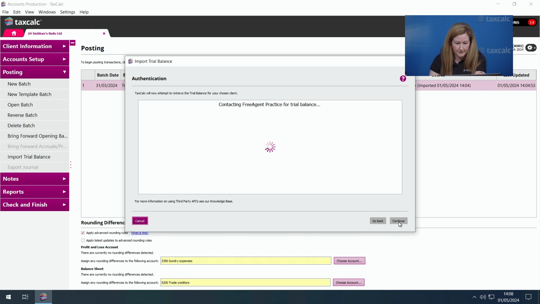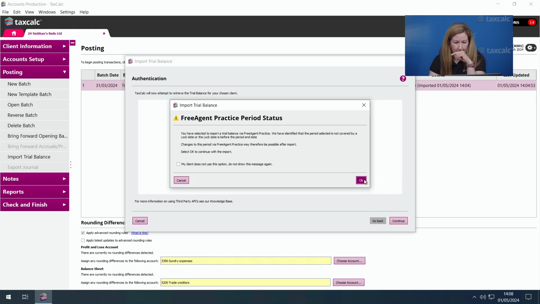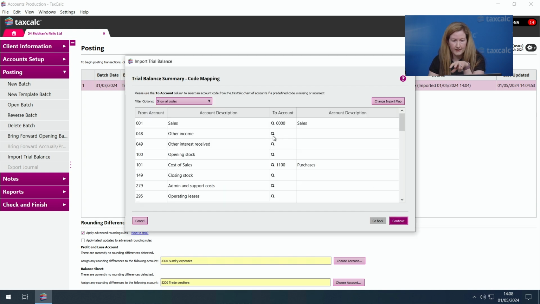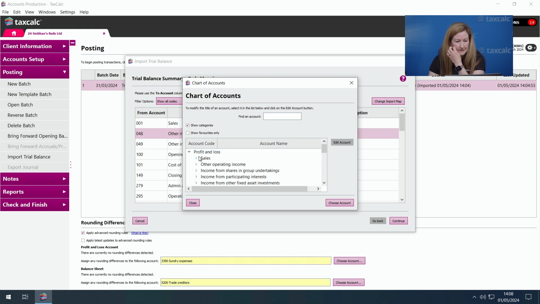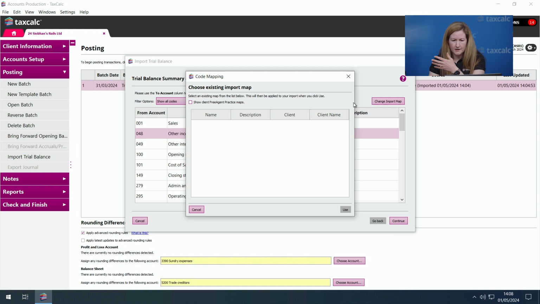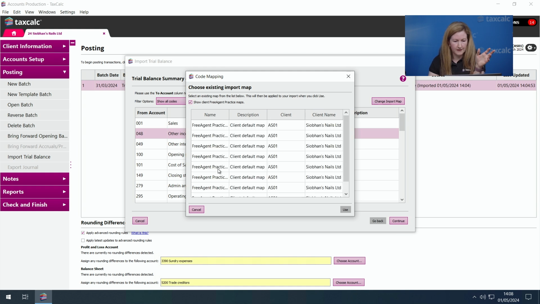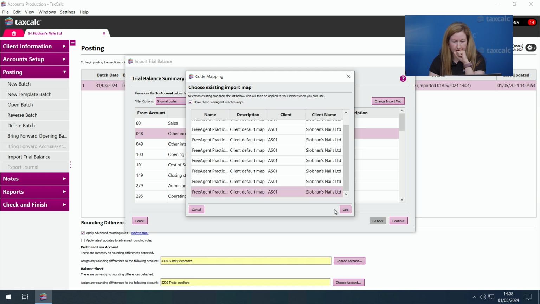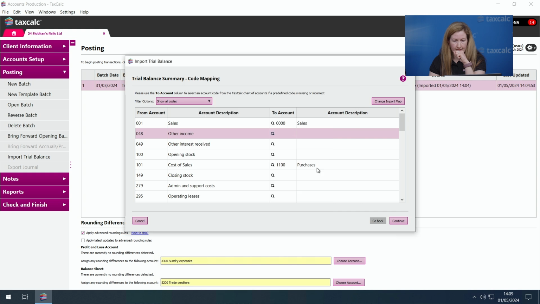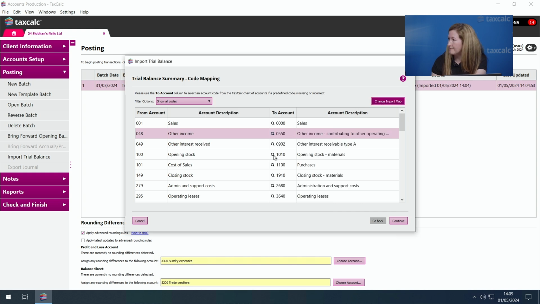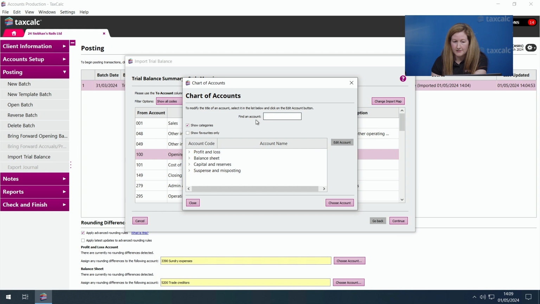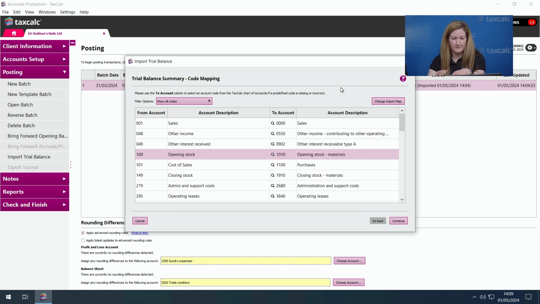So if I just jump through to the screen here, here's where I can map the code, so I can select those mappings in here and map them. I went in and selected, when I did the little run through a second ago, the previous map, so it automatically filled them in for me, but that's just based on my previous imports. So yeah, here's where you would select and choose the codes that you want your third-party import map to import